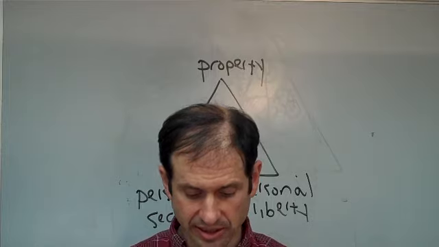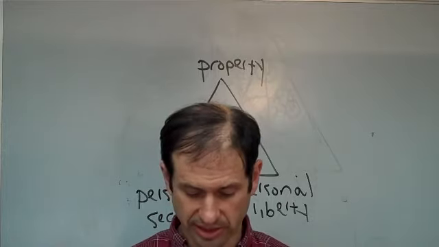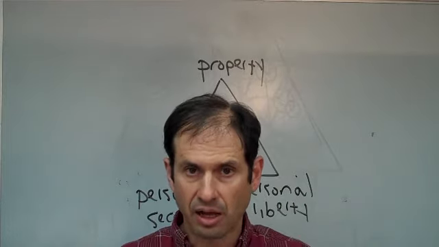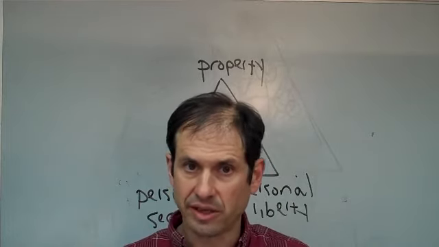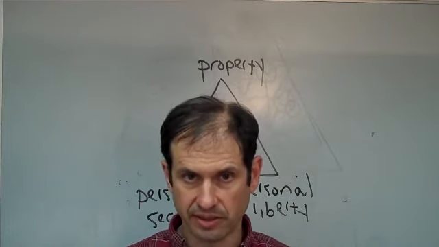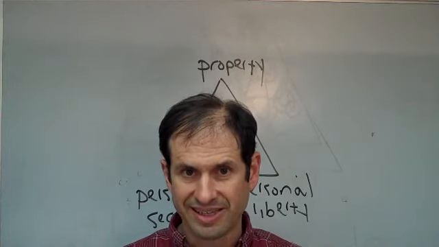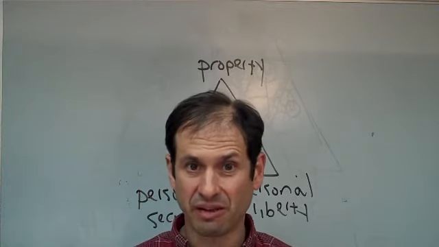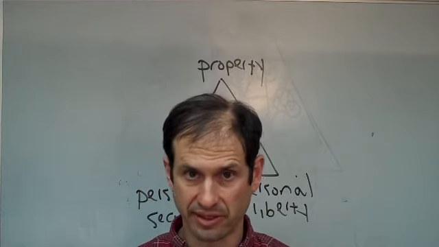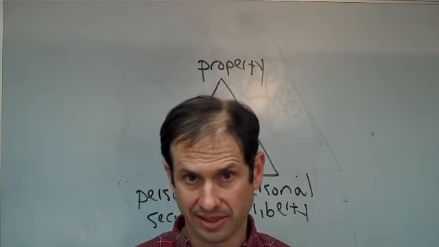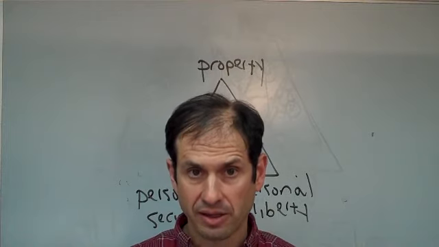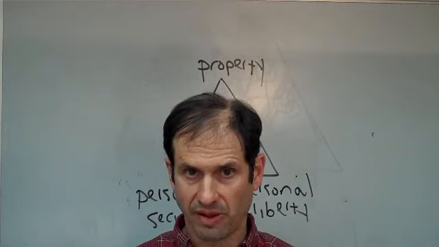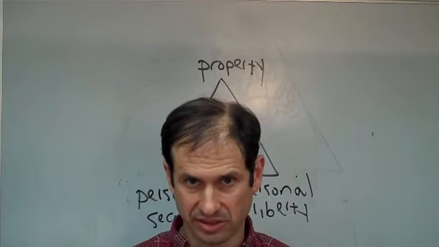The key phrase in this, and we'll look at this more later, is when it speaks of the immutable laws of nature. Immutable means unchanging. Laws of nature is a difficult concept, but it's a way of looking at things, that there are just some things that are right and some things that are wrong. And what's wrong is to murder, steal, rape, etc. And so that's in the nature of things.